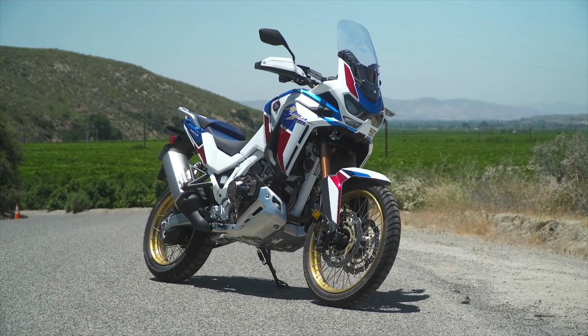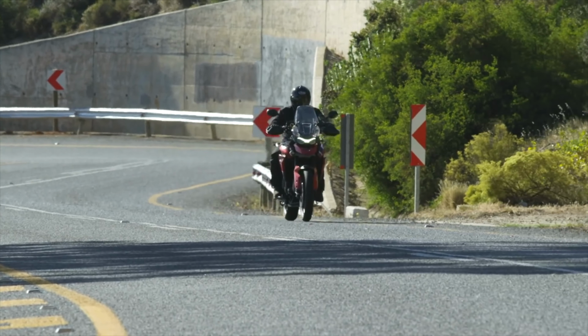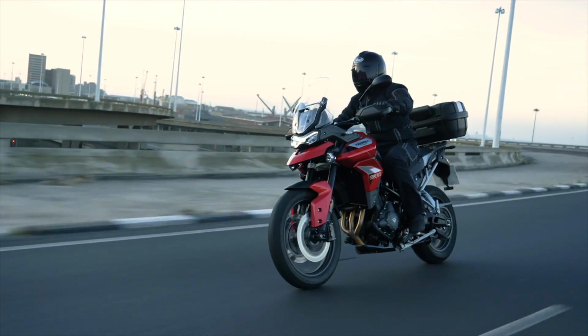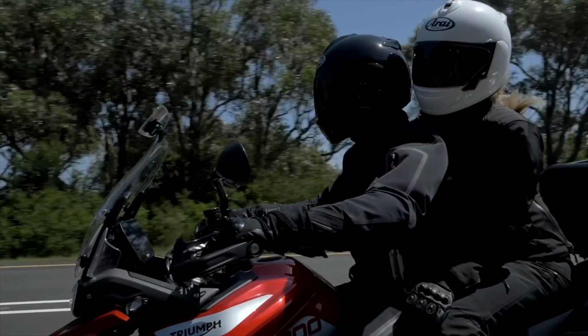Honda's extremely well-equipped and popular Africa Twin Adventure Pro, and Triumph's updated 3-cylinder Tiger 900 GT Pro. These are two of the most popular and well-received middleweight adventure motorcycles on the market right now, with the adventure bike category of motorcycles quickly becoming one of the biggest and most popular, with every manufacturer bringing their own version